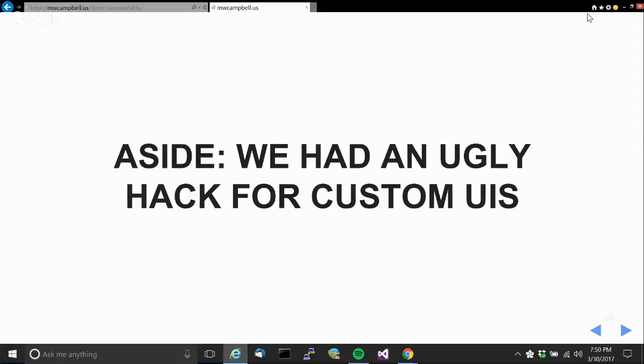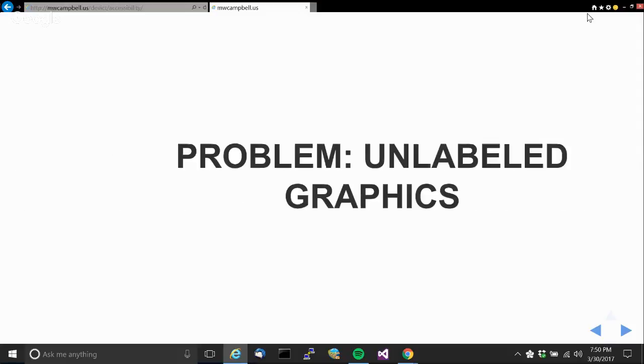But now we can't do that anymore because, of course, graphics APIs have moved beyond GDI or the equivalent, or QuickDraw back on classic Mac OS. So we now basically depend on people to implement the accessibility APIs. But we used to be able to hack around that to some extent.